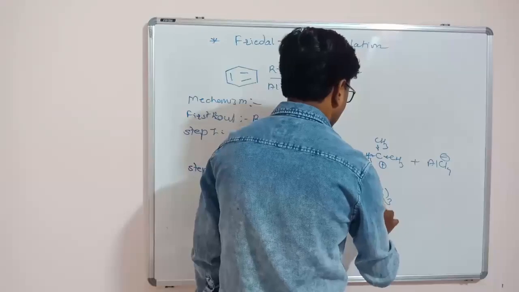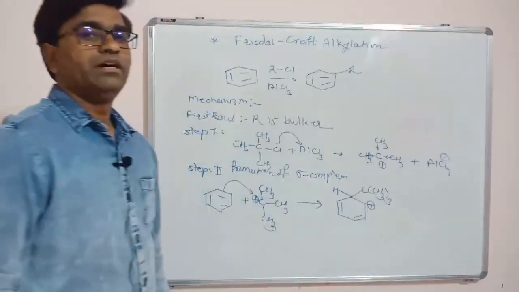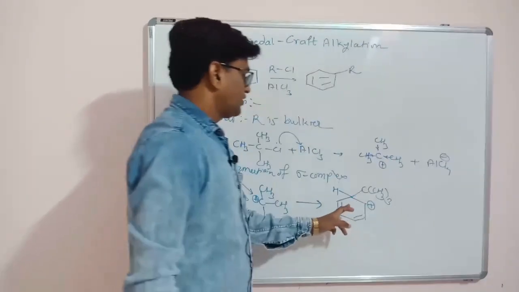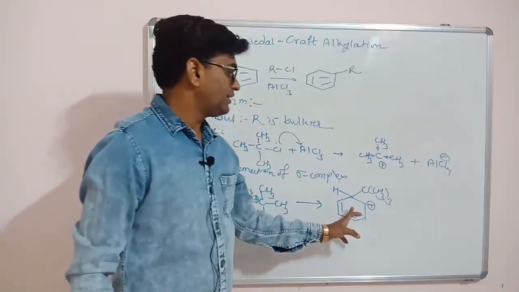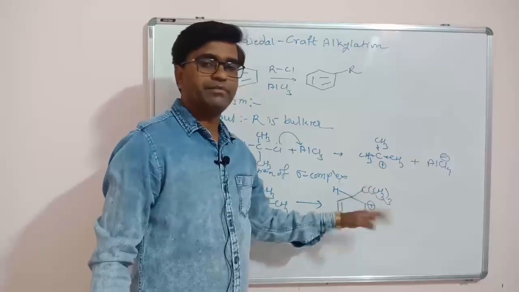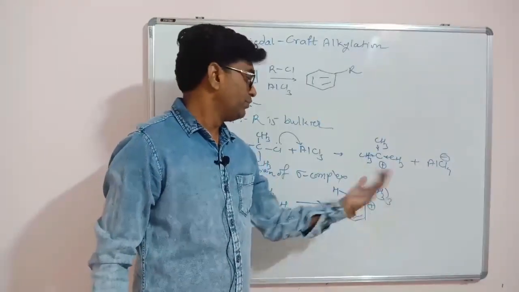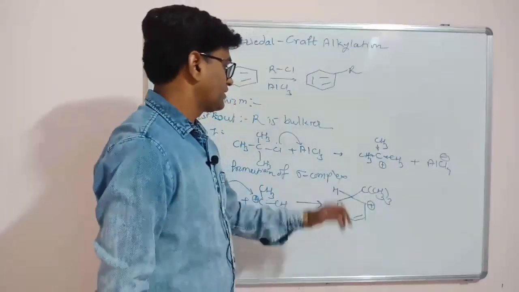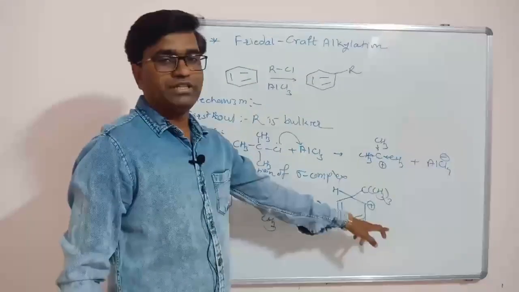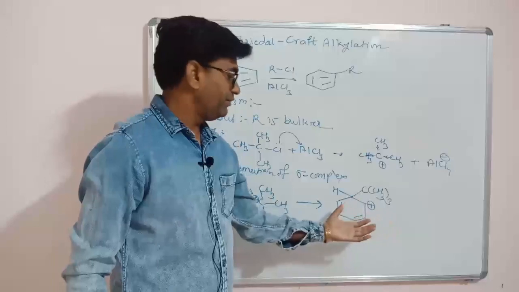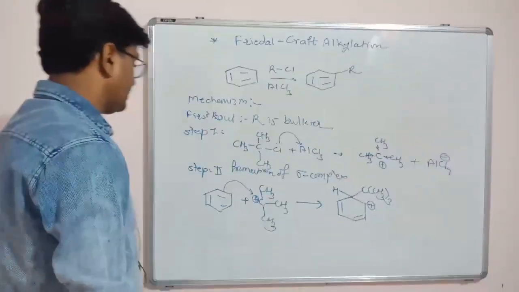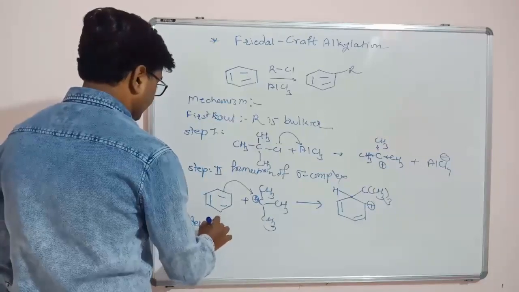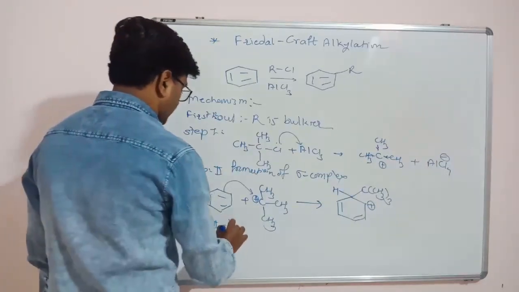So this is the sigma complex we get in this reaction. Now we have a conjugate base, and this is a non-aromatic sigma complex. It has a tendency to lose this proton and become aromatic and more stable. So this AlCl4 minus will abstract this proton and it will get aromatic character. That step is called aromatization. This is step 3, that is aromatization.